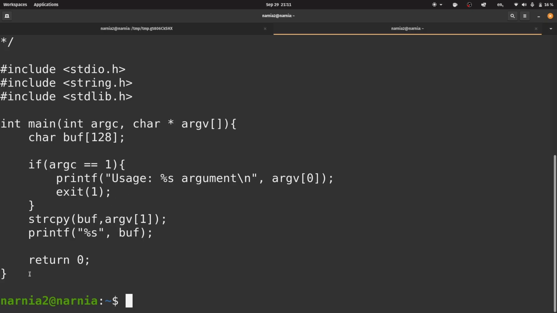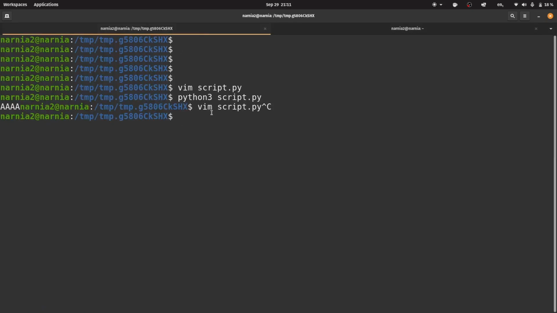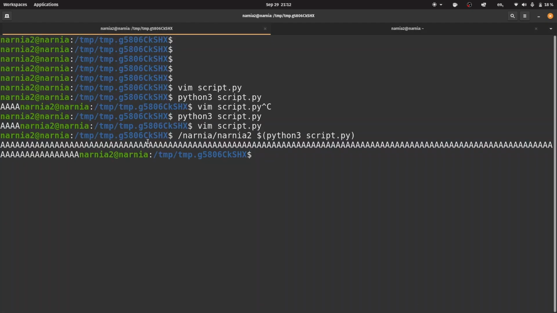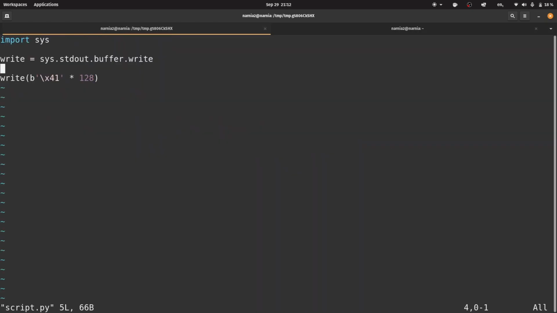I have the code opened in another tab to make it easier. So the buffer is 128 bytes, meaning if we go in our script, we could put 128 A's and it shouldn't overflow. So up to 128, it's not going to crash. And let's see how far we can go until it crashes, because that's going to be pretty interesting. And let's go by increments of 4,